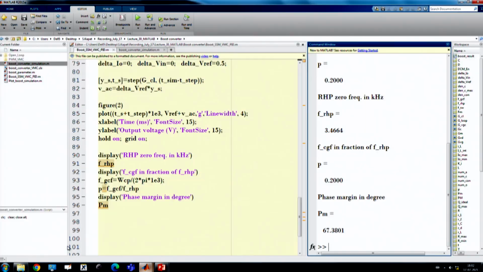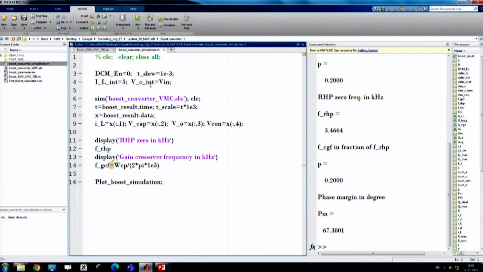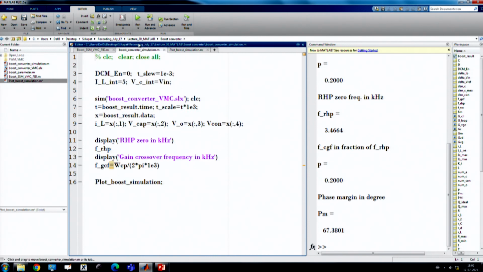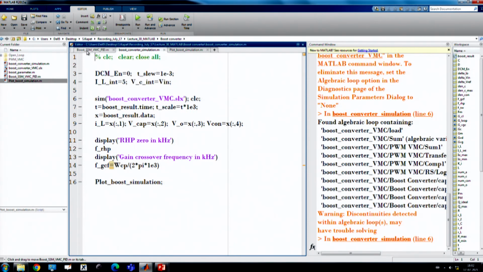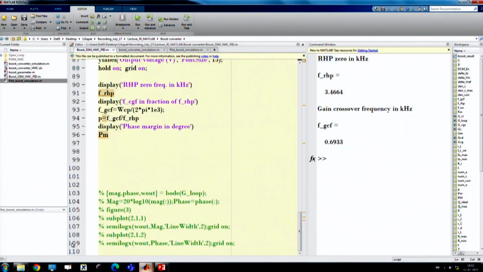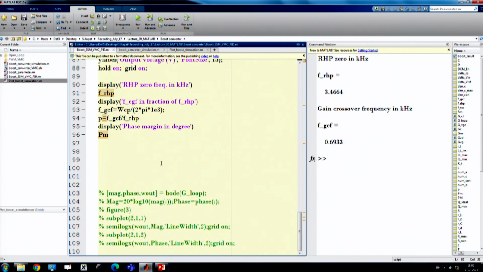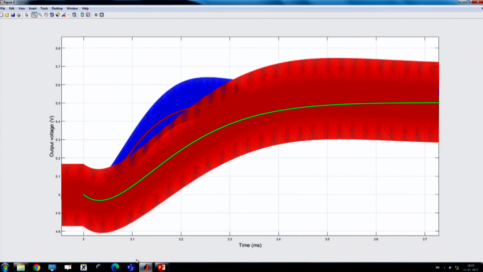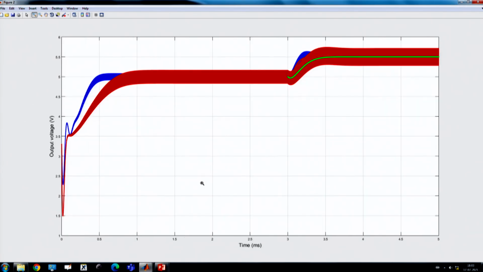Because we are designing the converter based on this, I am just showing an example of a closed loop, and here I want to rerun, but in the plot command I want to use another color, let us say a red color, okay. So, red color corresponding to this, and I want to show you. Yes. So, I want to run once more where the green color should come. Yes. So, these are the two cases.